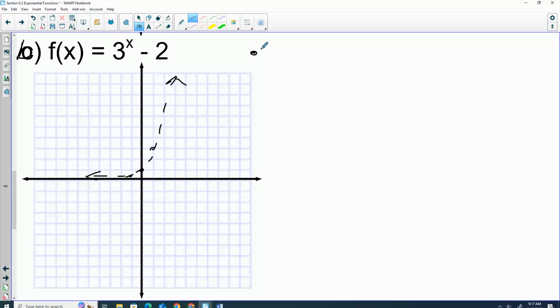Move it to the right two, or is it down two? If it's attached to the x, that's left and right. If it's on the end, that's up and down. So this one will be down 2. Okay, so if I move each of these points down 2,